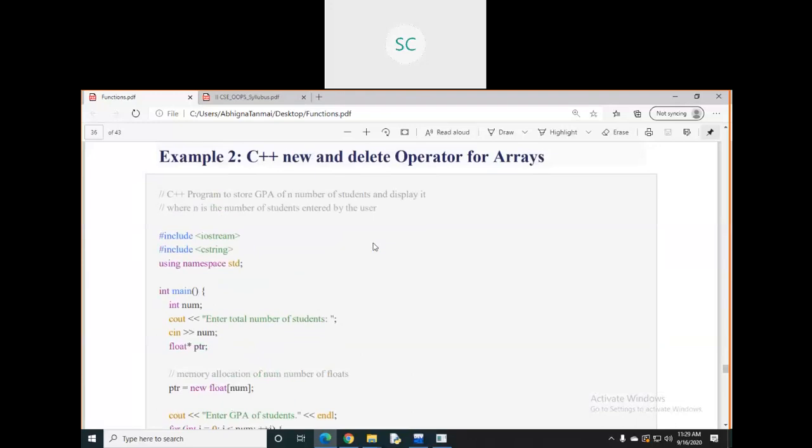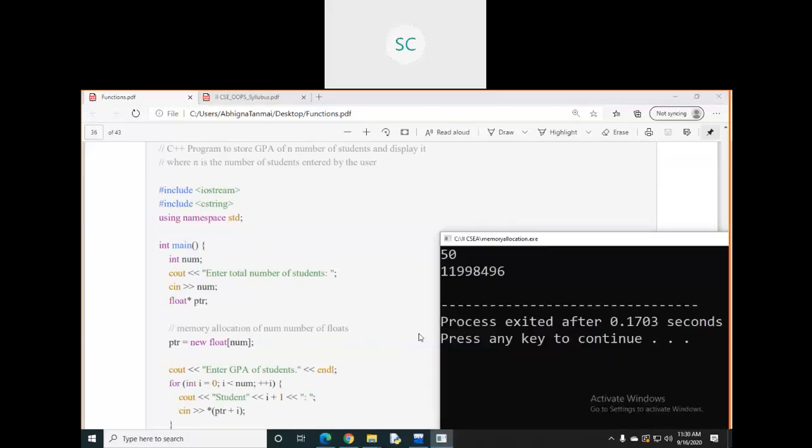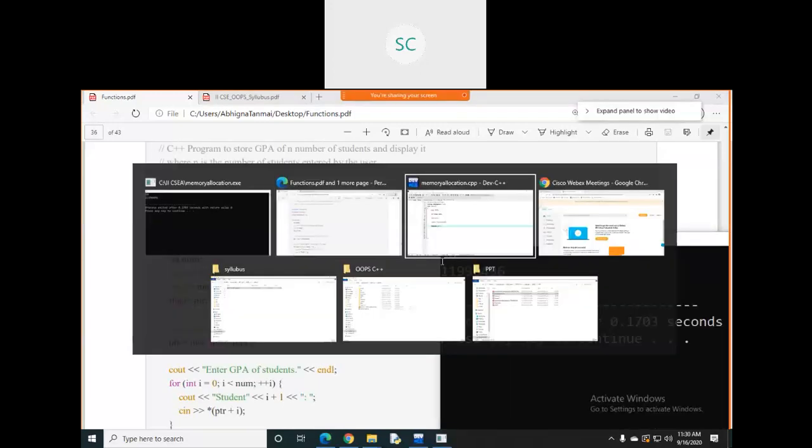You can allocate some memory for arrays as well by using the new keyword. But while taking that array, you need to mention the size here. This size you can take from the input. Let's see within this example only.